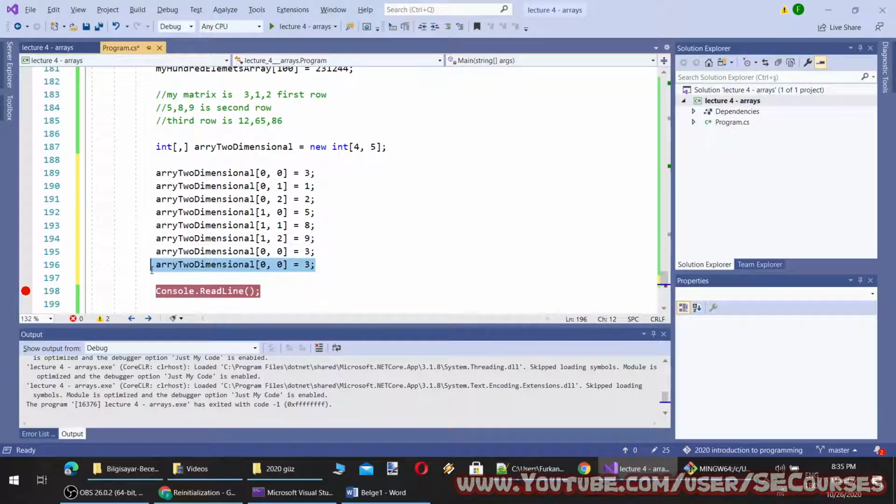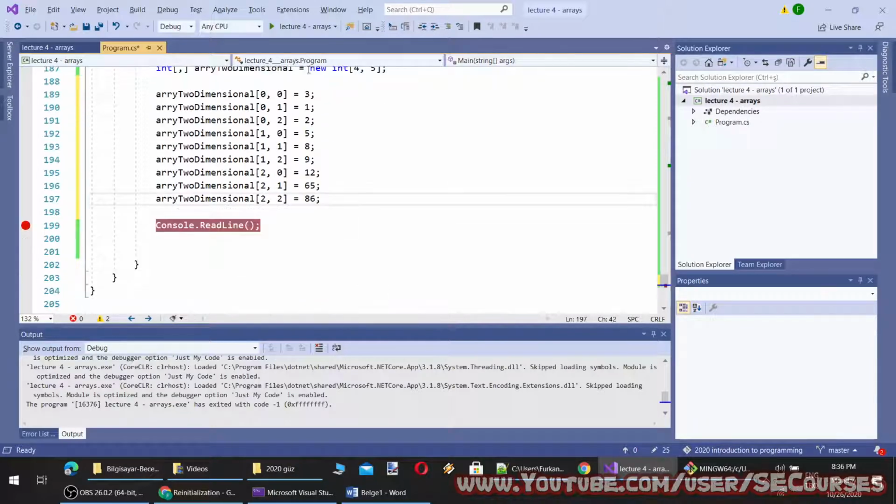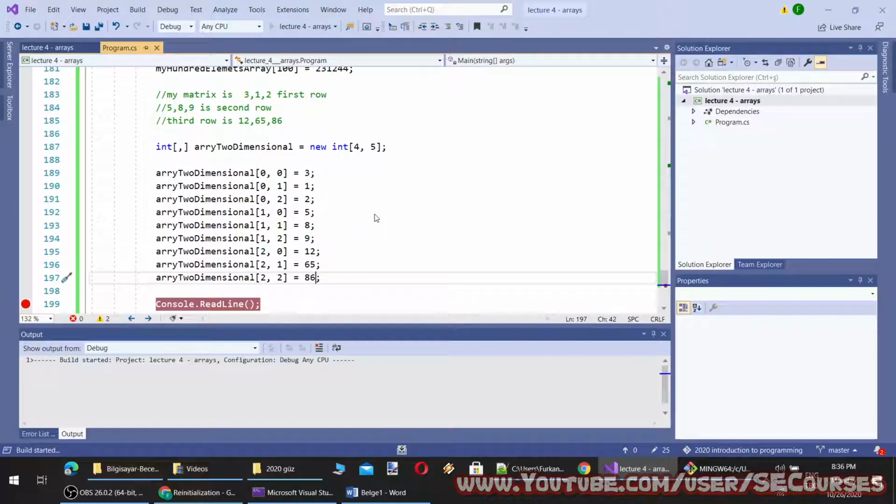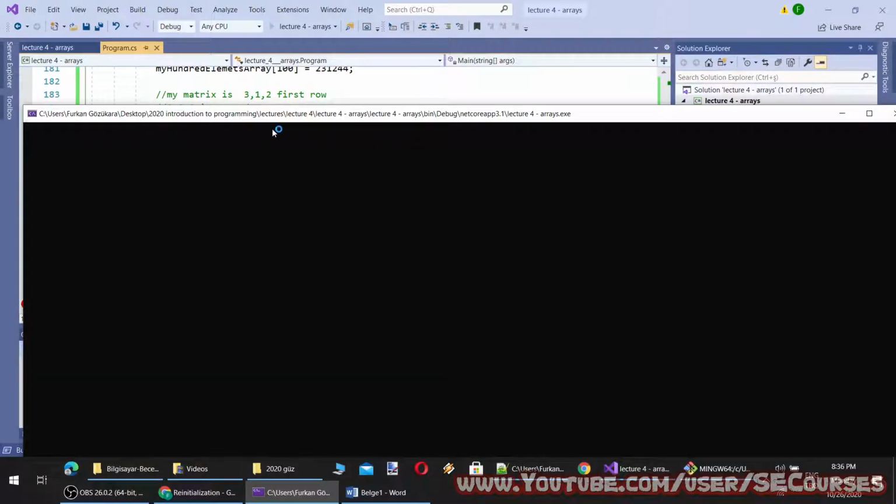Okay, let's copy paste this. And 2, 0 equal to 12, 2, 1 equal to 65, and 2, 2 equal to 86. Okay. And when I run it, I will see these values.